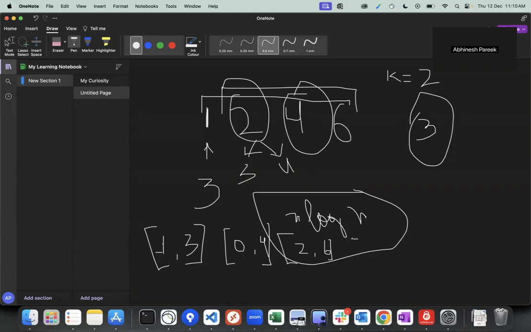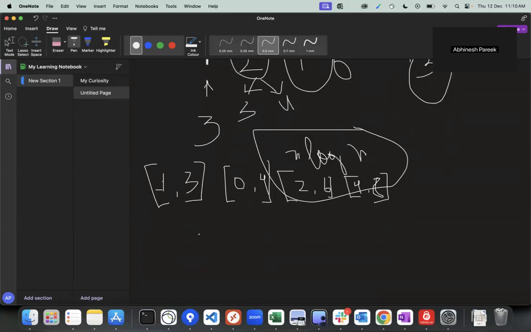For the last element, the minimum value can be 4 and the maximum can be 8, right? So we have to see what is the maximum intersection that can happen between these ranges. You understand me? What is the maximum intersection between these ranges? So if we are doing such a problem, what we can do is